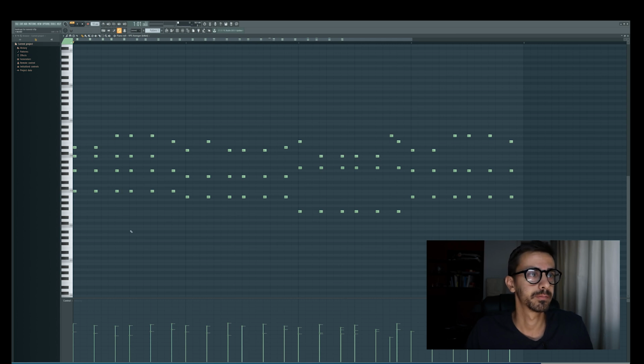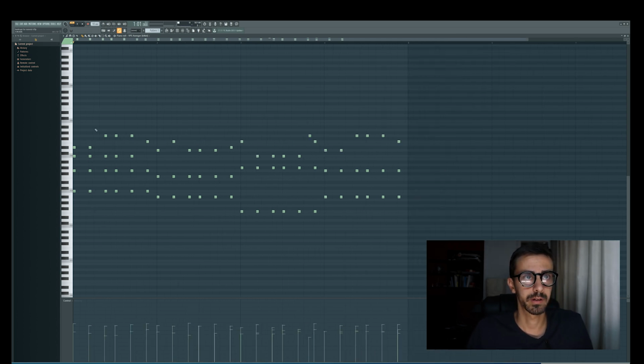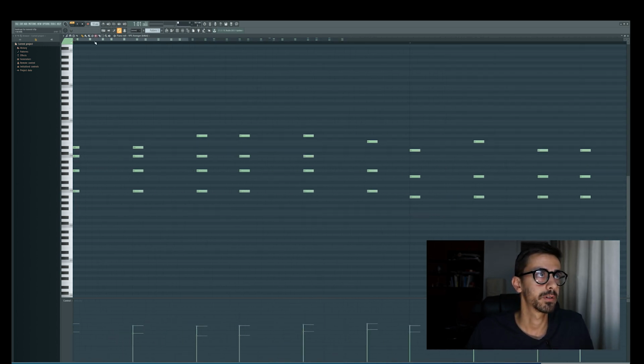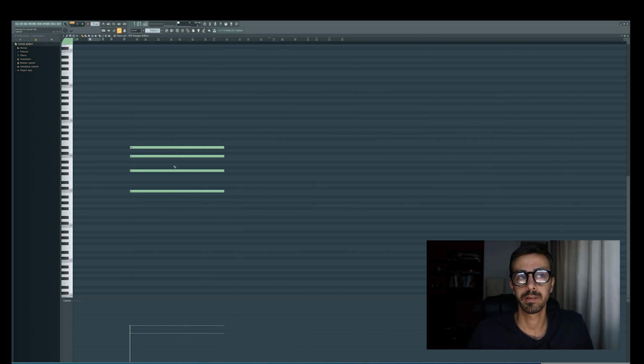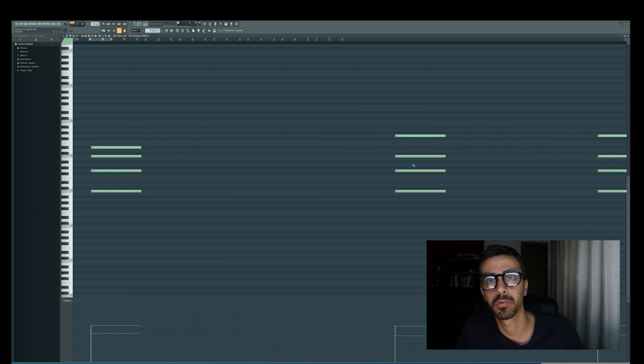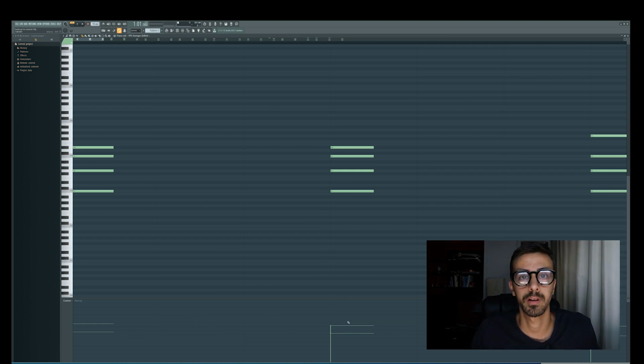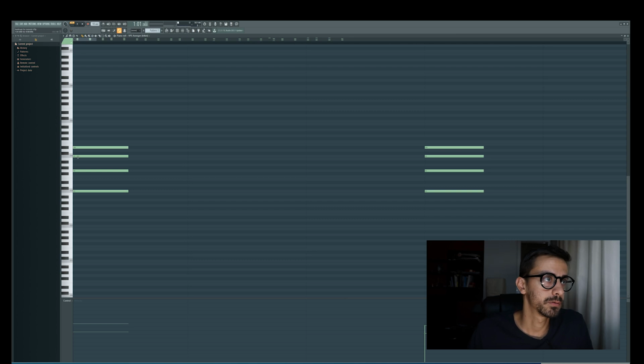This is the MIDI part. I've already composed it. And this is the first trick, okay? When you zoom in on the notes, see they're kind of just straight up programmed. They have some variation in the velocity, but all the notes are aligned. They're just straight up quantized. And what you guys want to do, if you want to make it sound more organic, is you need to do this. Just shift all the notes a little bit from each other